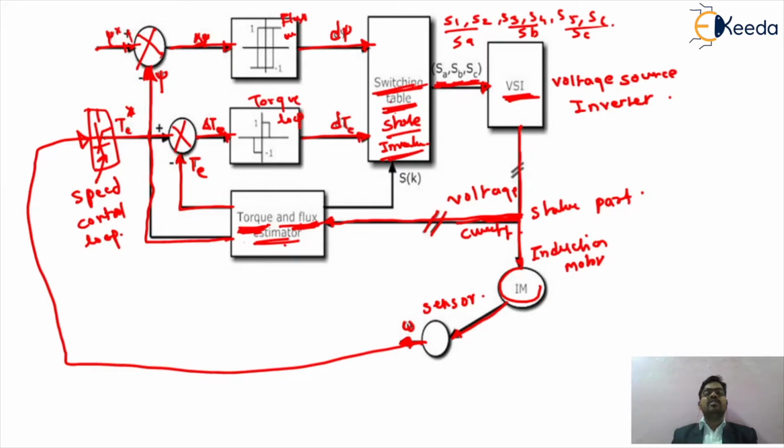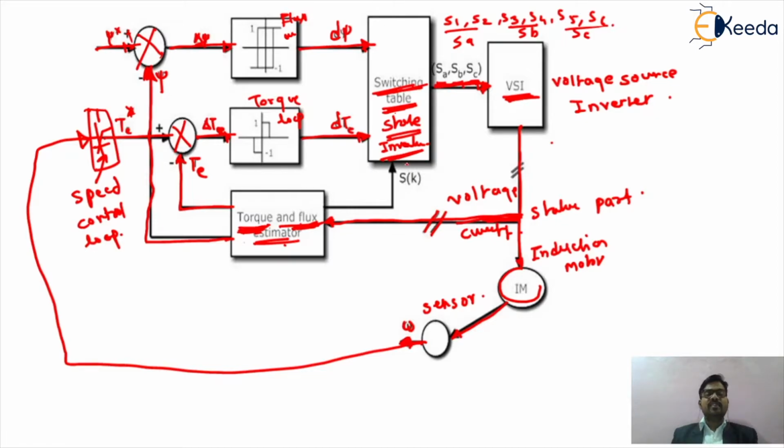So again in that particular state inverter circuit, there are different states which will be called S1, S2, S3, S4, S5, S6. So by means of that, we can control the value of the three phases, which will be SA, SB, and SC. And now we are giving the supply to your VSI. So this VSI will again change the speed of your induction motor according to the switching table of the different state inverter circuit. Okay, so this will be the actual working principle of the direct torque control scheme of your induction motor.